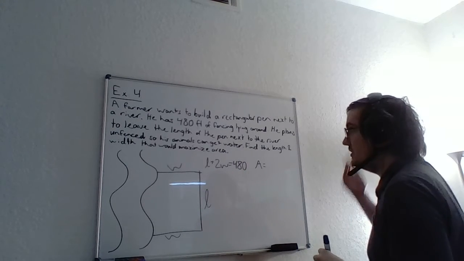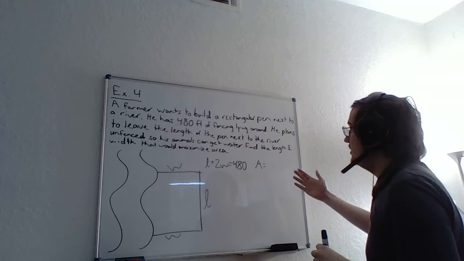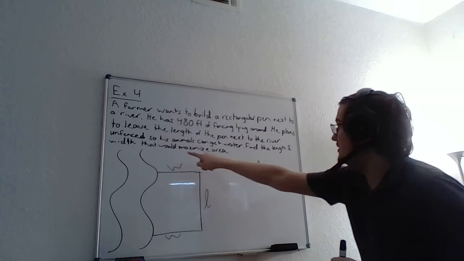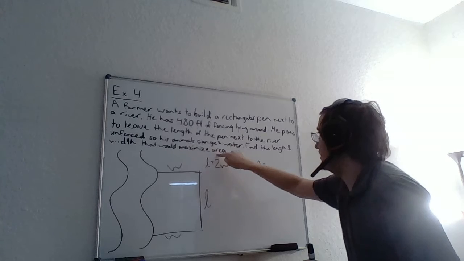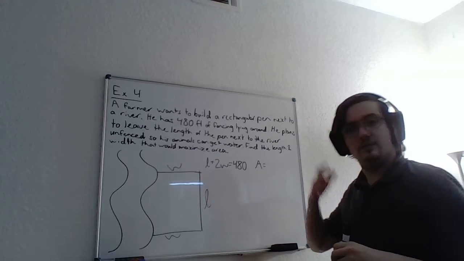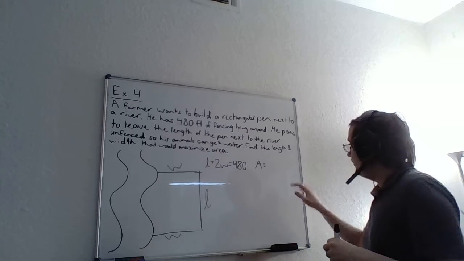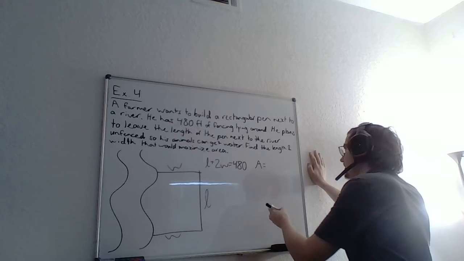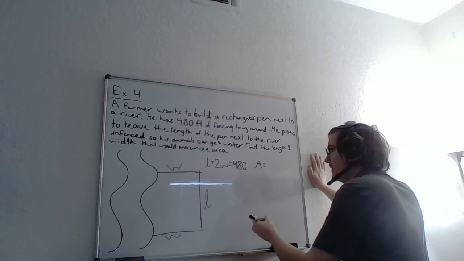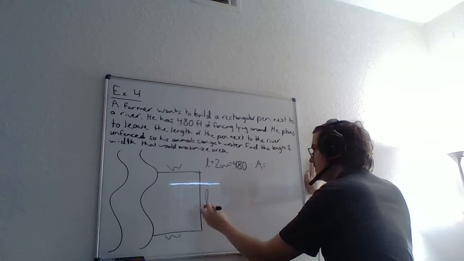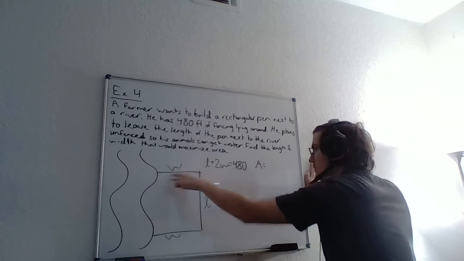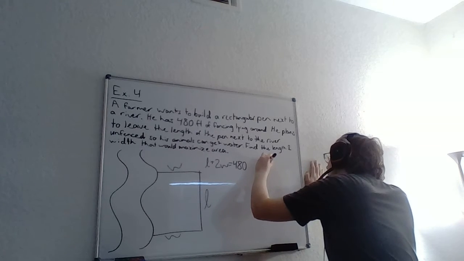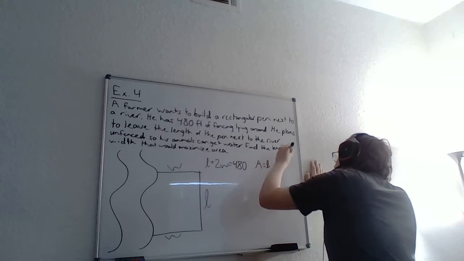Right? The reason I think of area is because in the last sentence, we're talking about maximizing the area. So that sort of cues in that we might need area here. Now the area of a rectangle is a really simple formula. It's just the length of one side times the width of that side. So length times width.